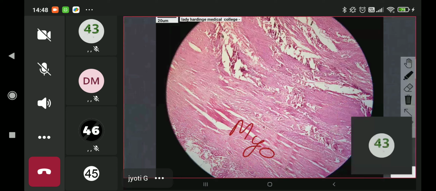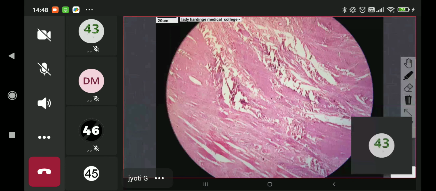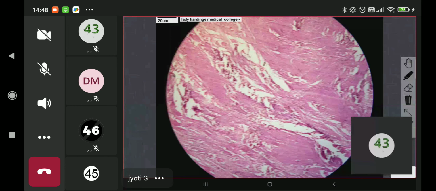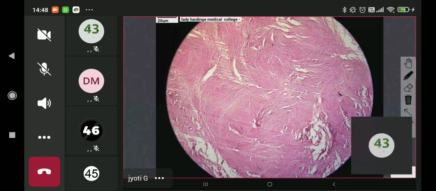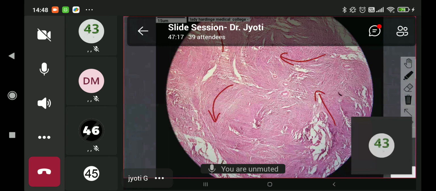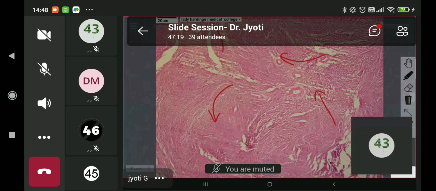So it is more cellular than the normal myometrium. It looks darker and more organized. And can you make out these whorls? It looks like the bundles are rotating in circles, because the smooth muscles are running in fascicles. Can you see? Girls, yes or no? If you don't give me feedback, I won't know if you're understanding or not. Can you appreciate a whirling pattern in this?